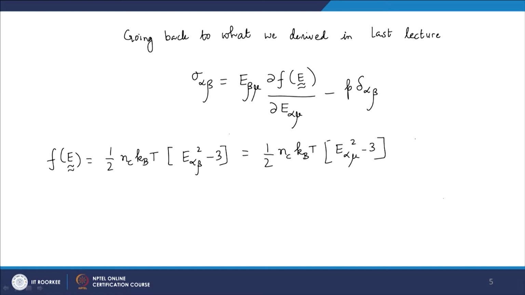So, now we can get the derivative as Nc kBT E alpha mu, and therefore, we have